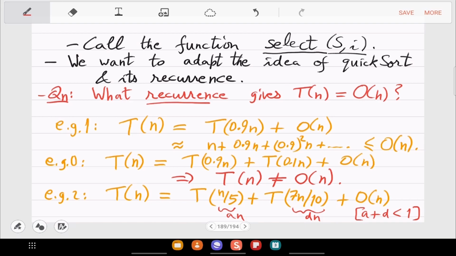So there is some magic here. This implies that Tn is order n. And the proof of this will be very easy. Once I have told you that the answer is Tn equal to Cn, you just substitute there, and by induction you will see the proof. You just substitute Cn by C 7n by 10 plus n, and you can show by induction that Cn is a solution for a big enough constant C.